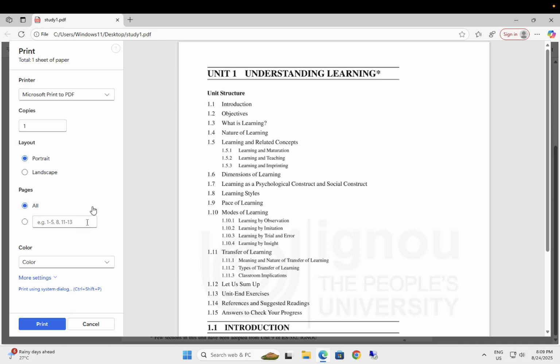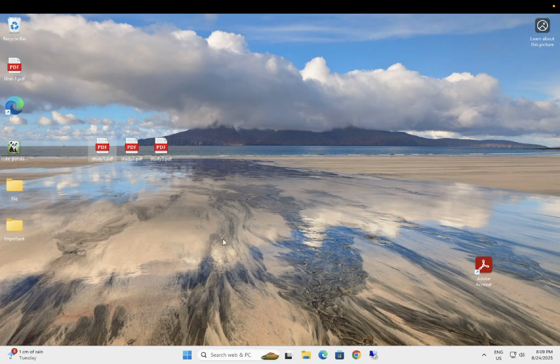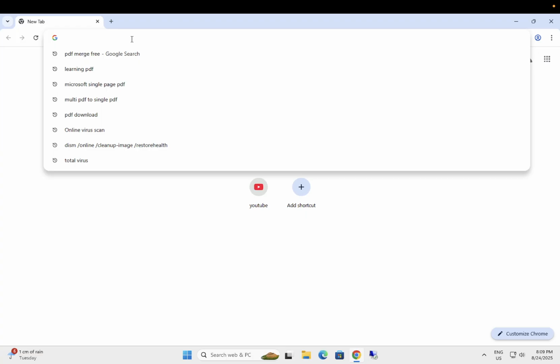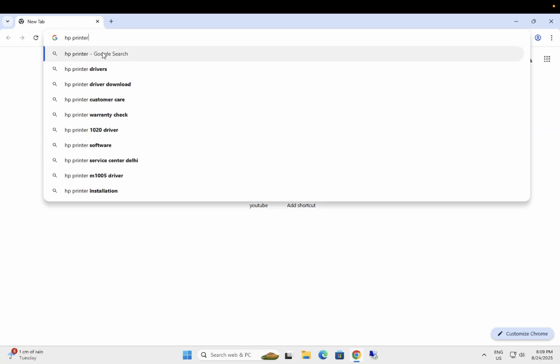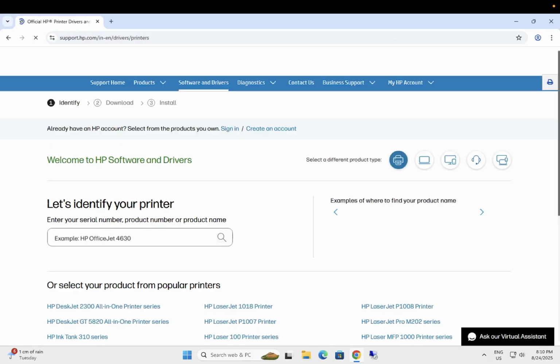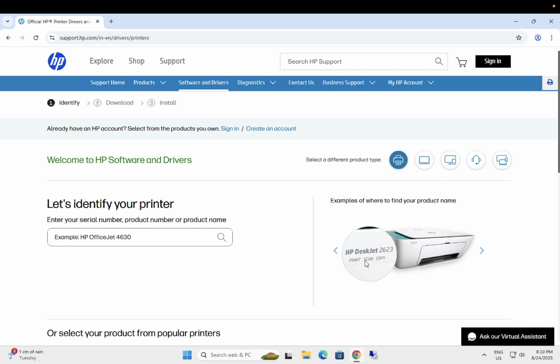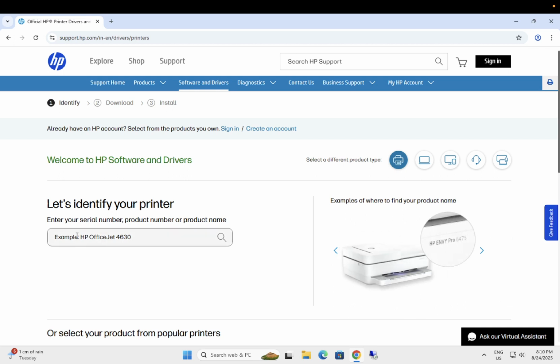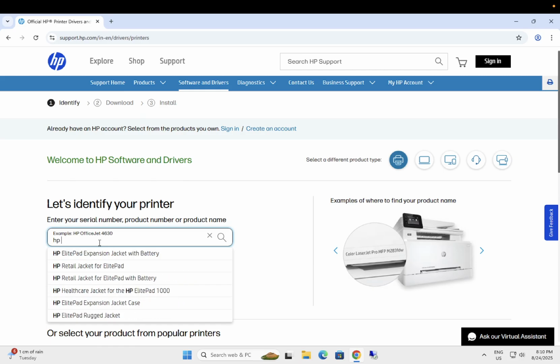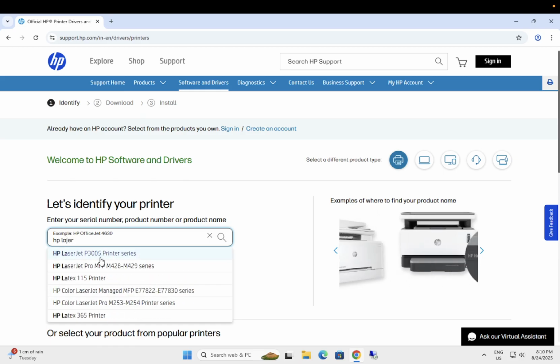Okay, so this is very easy, and I hope guys, if you are facing any kind of issues with your printer, that means you have to install the driver from the official source like HP printer or Dell printer. Whatever printer you are using, the model number should appear like this, and you can select that option from here, HP LaserJet. You can see here,